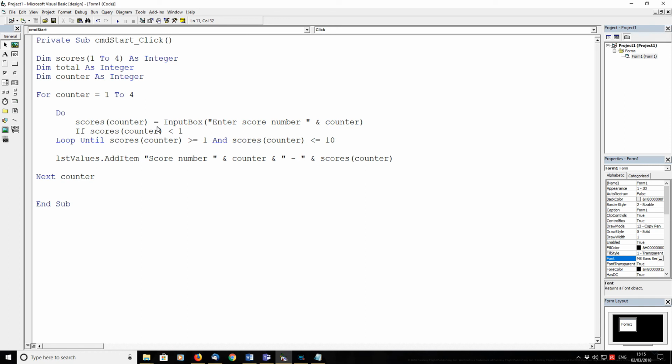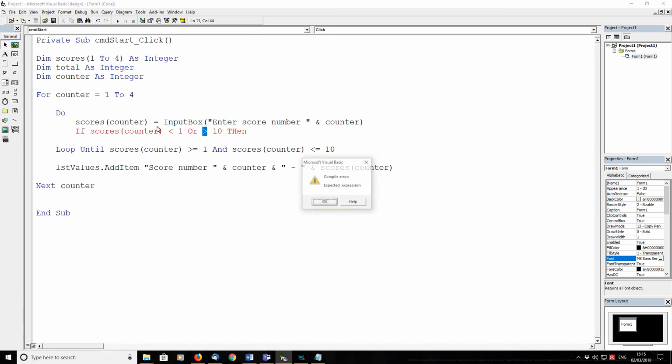So if it's less than 1, right, or, okay, so it's an or this time, so it's one or the other. So if it's less than 1 or is greater than 10, then, oh, sorry, I needed to add the condition, the variable there. So if scores dot counter is less than 1 or scores counter is greater than 10, then